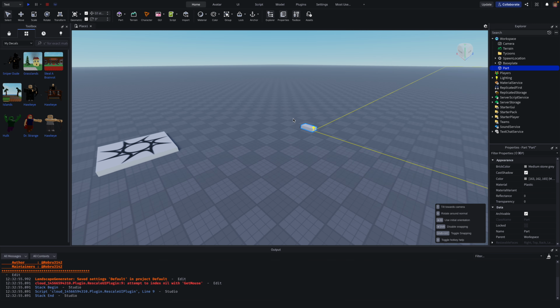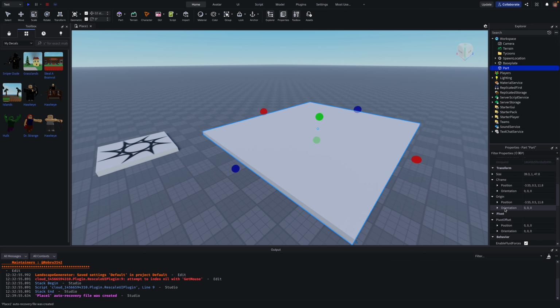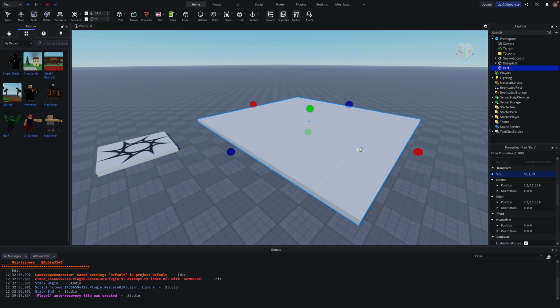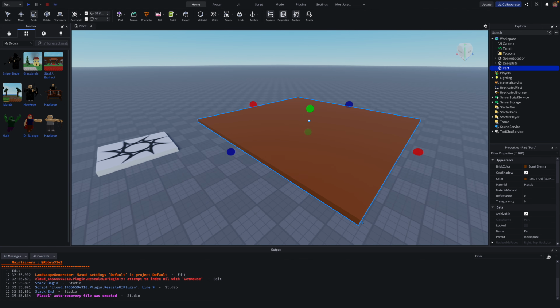So if we just get this part, adjust it, so size, okay, and then just gonna make this brown, and then Command or Control G to group it, and then name this Tycoon model, and then inside Tycoon model,